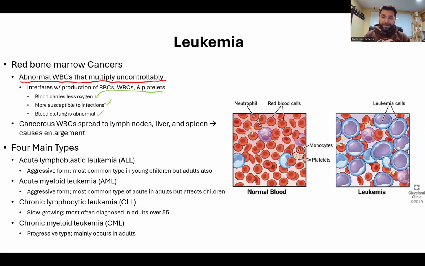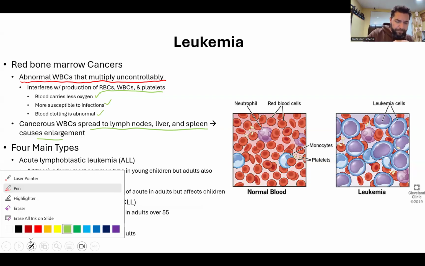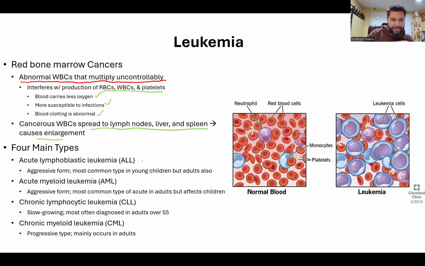Obviously, these white blood cells will enter the blood, and there's a lot of them, so they could spread to lymph nodes and cause enlargements, usually. And I don't know if there's a picture on here, but you'll see a picture of enlarged lymph nodes in the cervical region and a variety of other areas. And there are four basic types based off of acute